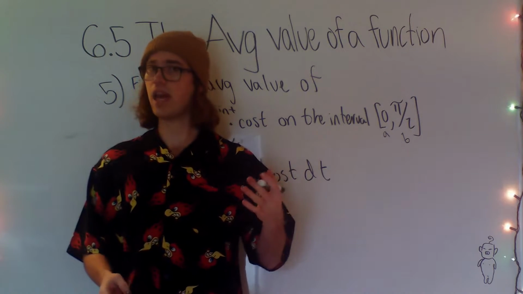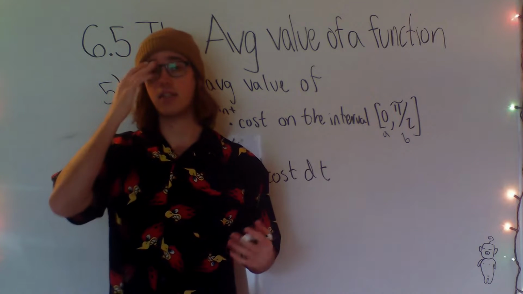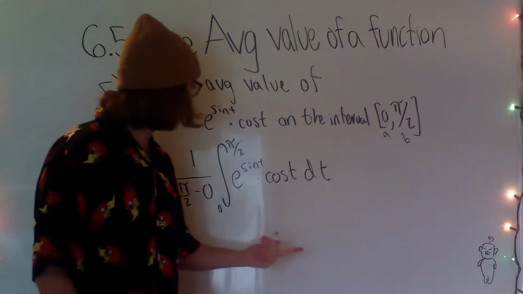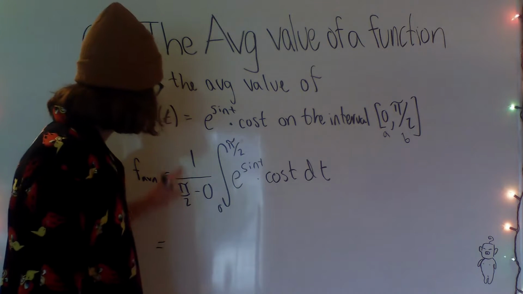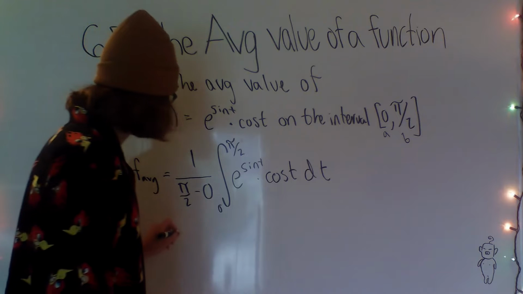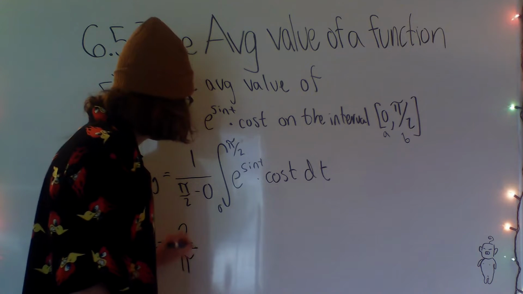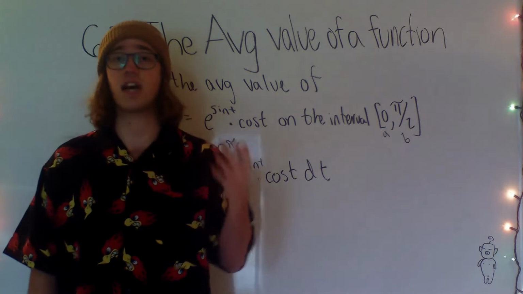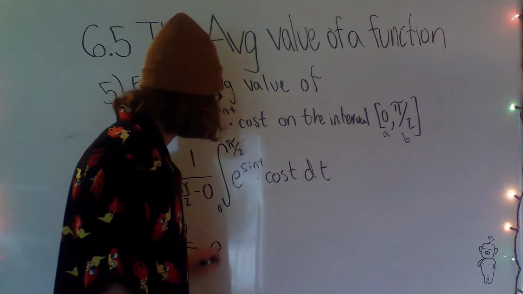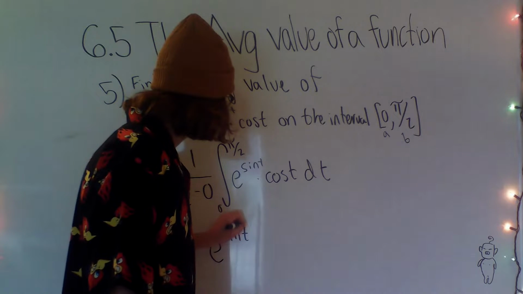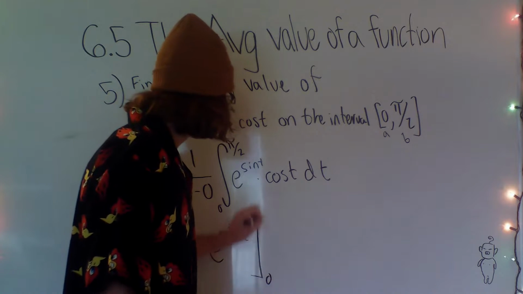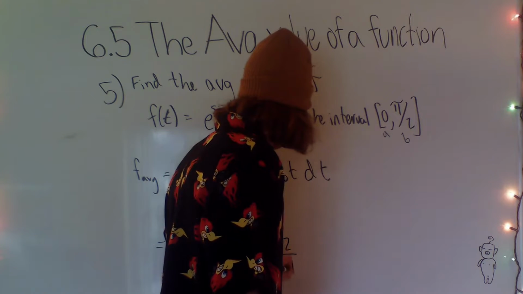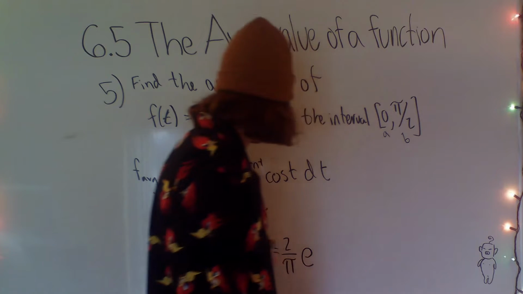And then we look, well, hey, we know that the derivative of sine t is just cosine t. So this is actually quite a very easy integral. Well, this would then be equal to 1 over pi over 2, which is equal to 2 over pi, times, well, the integral of e^(sine t) times cosine t is just going to be e^(sine t) from 0 to pi over 2. Well, this is just equal to 2 over pi times e^(sine